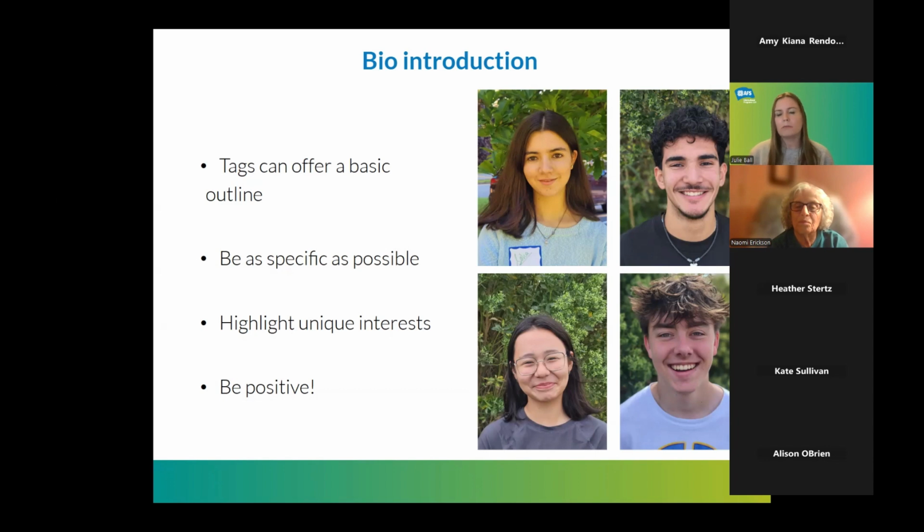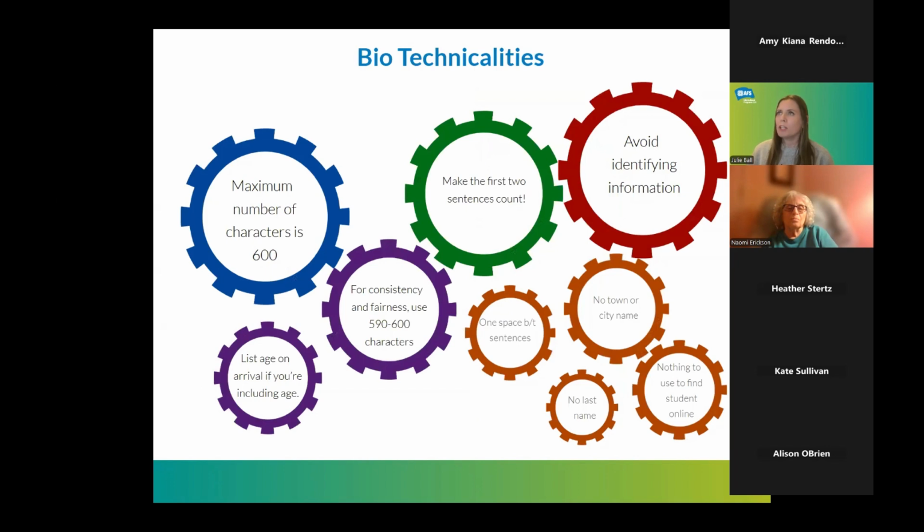This is really to pique their interest and be that first kind of touch point with the family to gauge their interest. So make sure to keep under a certain number of characters. 600 is the character count. You'll know when you're getting close because you won't be able to enter any more. But if you're doing it in like a Word doc, note that that's kind of the magic number.